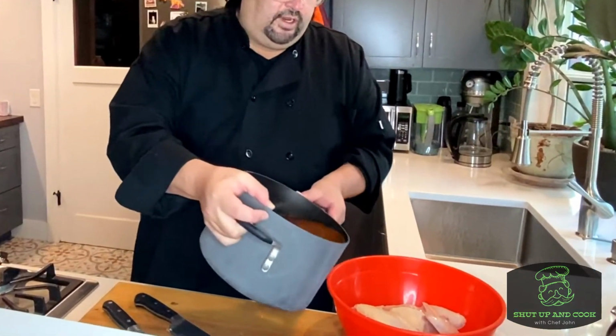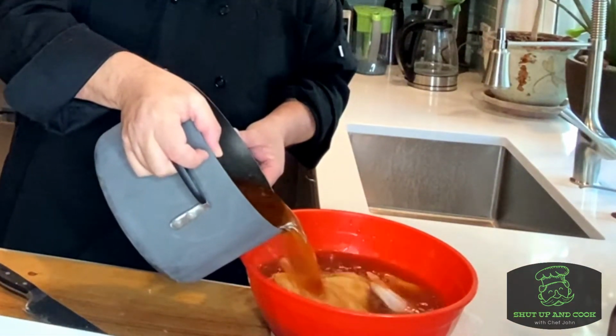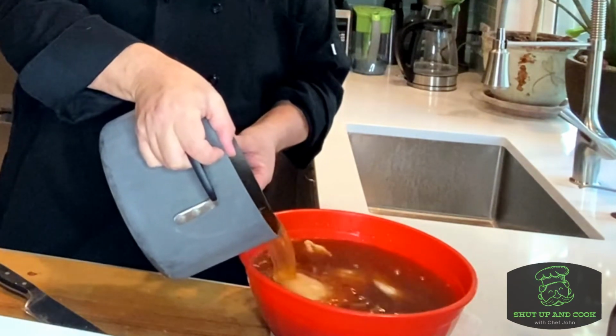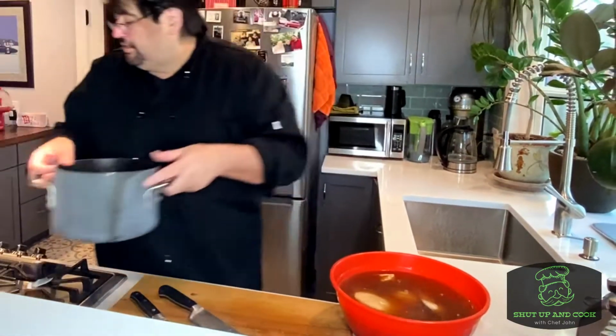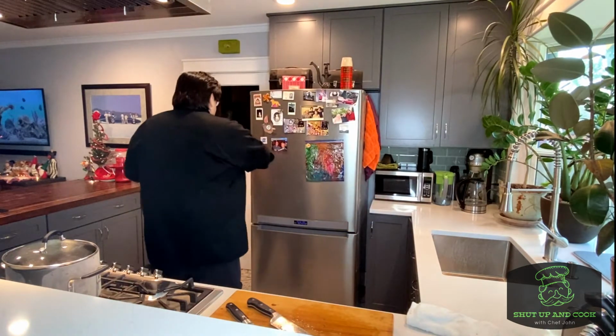Pour the brine over it. Very nice. And we're gonna let this sit. I'm gonna have it completely covered. And we're gonna let this sit overnight, so it gets nice and marinated. Now,